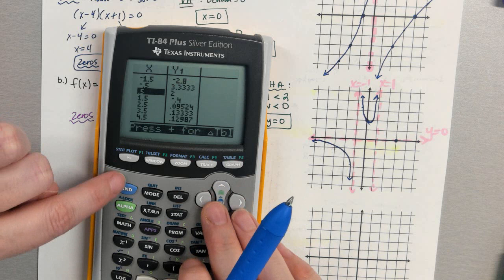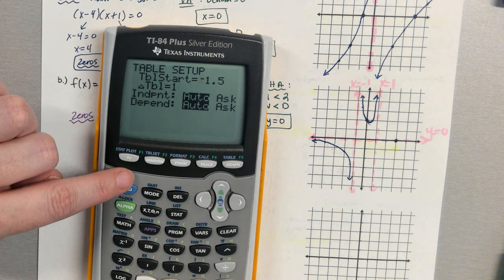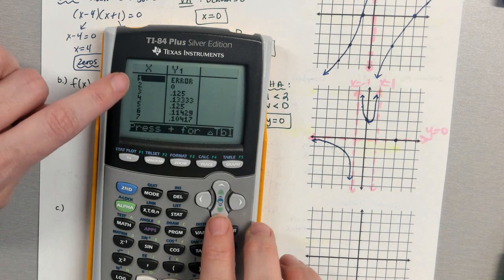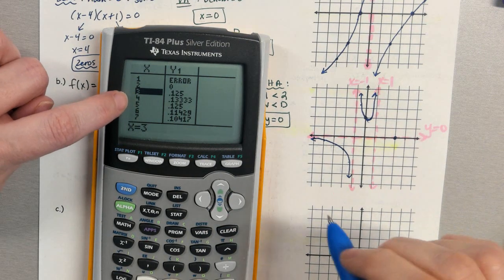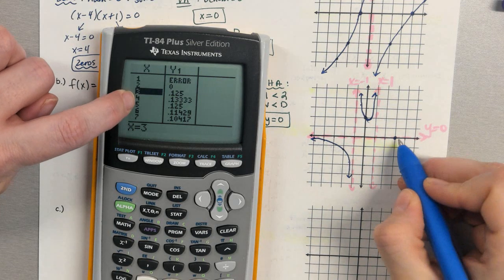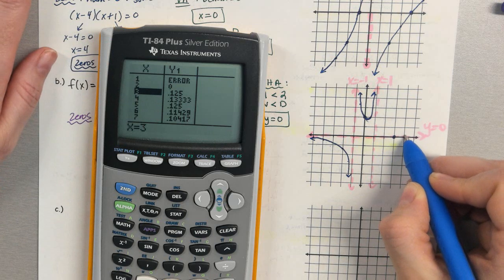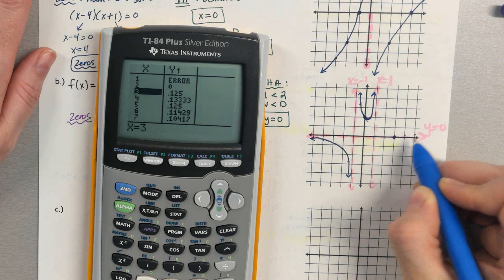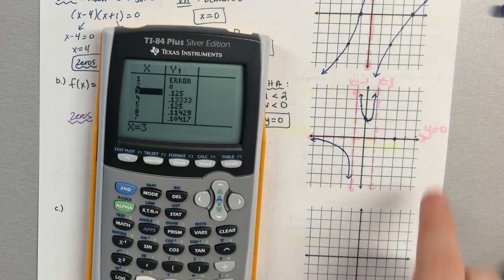So let's investigate with our table. All right, so I'm going to start at 1, and I'm going to go to my table. So at 3, I'm at 1.25. Look how small these are. So what is happening past 3? These are just right above it. They're so close to it. And then this would be